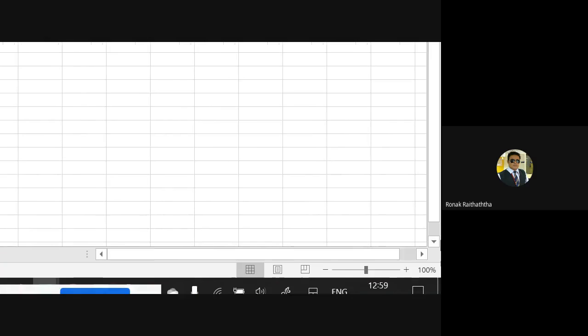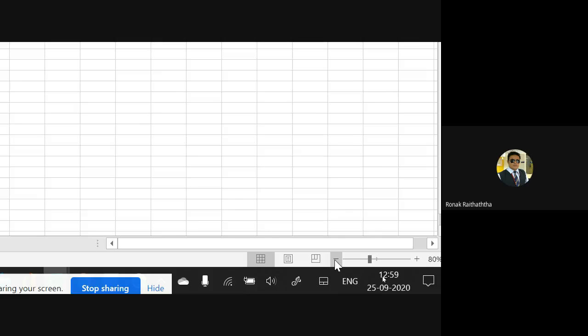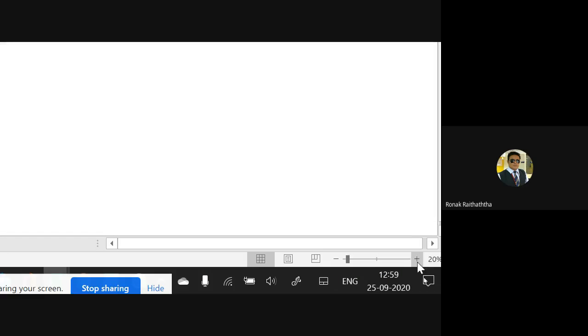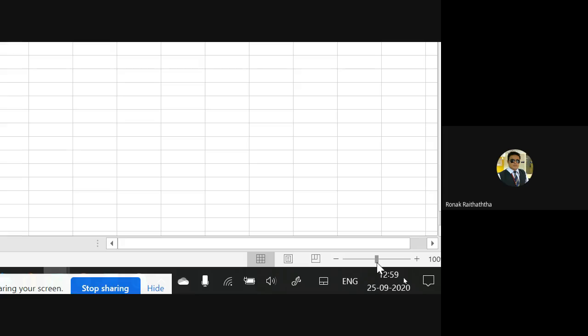Now if I go to the downside over here, from this rectangular box you can navigate further. If you have big data, you can navigate by scrolling this rectangular box from upside to downside or downside to upside as per your requirement. From here, you can zoom out and zoom in. Here I'm doing zoom out. If I want to zoom in, I need to click on this plus sign. Generally, we keep it at 100%, but based on your requirement, you may adjust it, right?